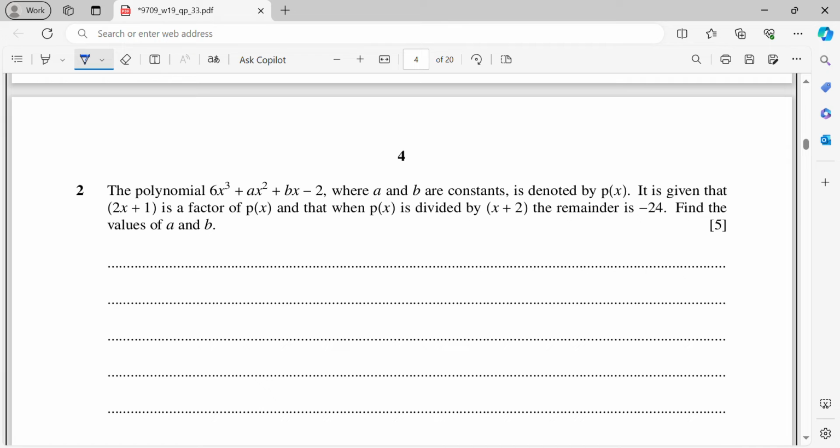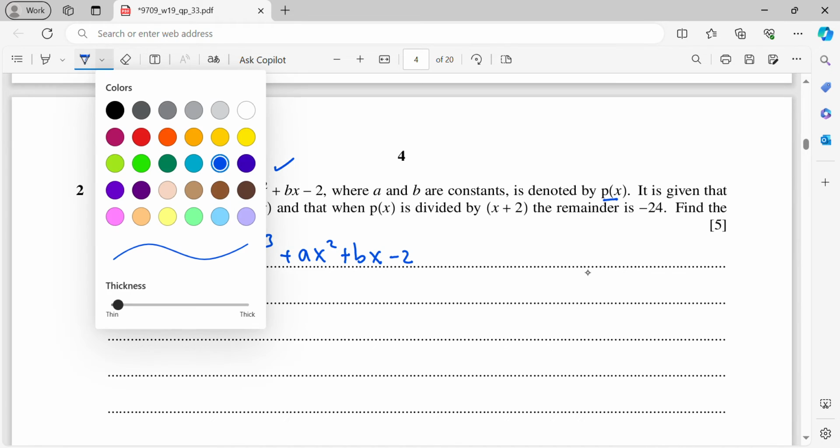Question number 2. The polynomial 6x cubed plus ax squared plus bx minus 2, where a and b are constants, is denoted by p(x). So I will write down p(x) first, just copy back all these terms. It's given that 2x plus 1 is a factor of p(x). Now according to the factor theorem,